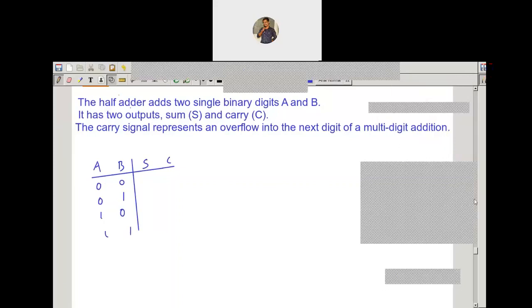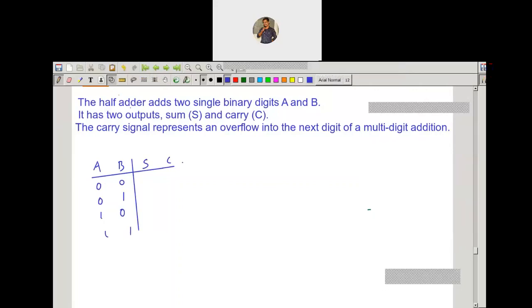So you already know binary addition. You already well know about the binary addition. We have done it already. So what about here? Coming to 0 plus 0, how much is it? It is 0. Is there any carry? No carry, so carry is also 0. 0 plus 1 is how much? 1. What about carry? There is no carry, 0. 1 plus 0 is how much? 1. Carry is 0. So put your answer in the chat box.